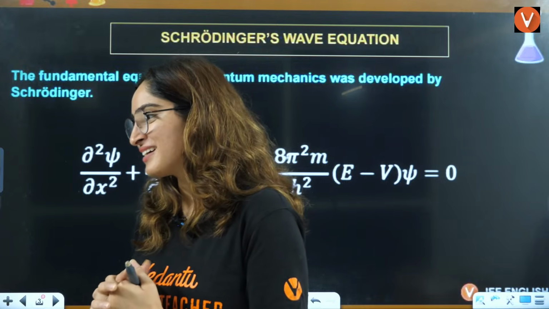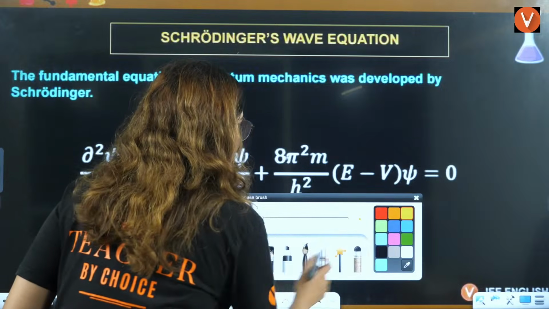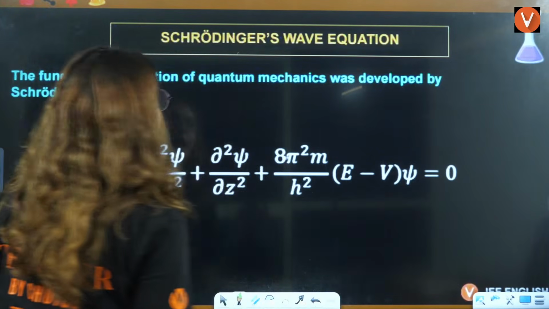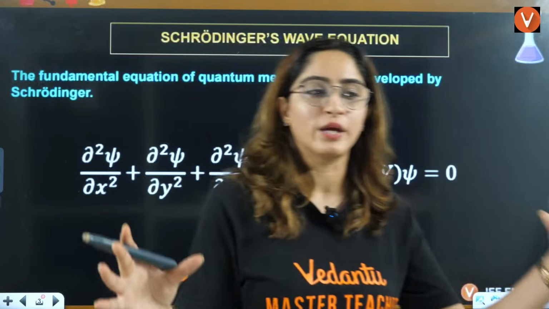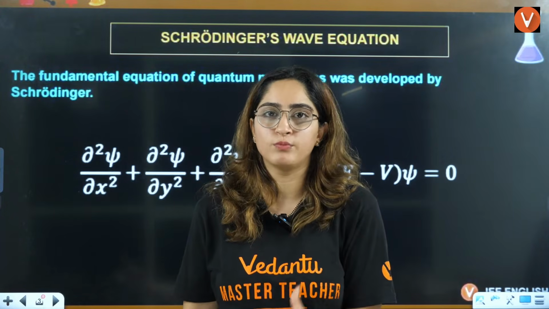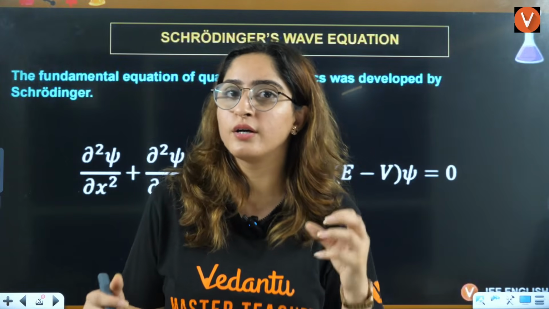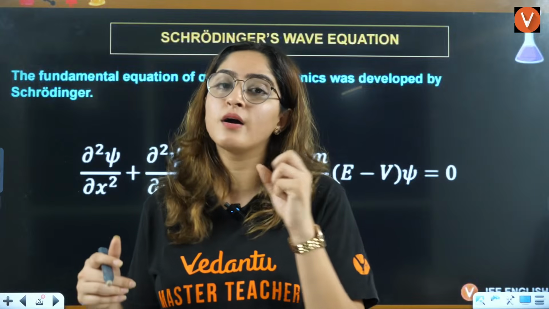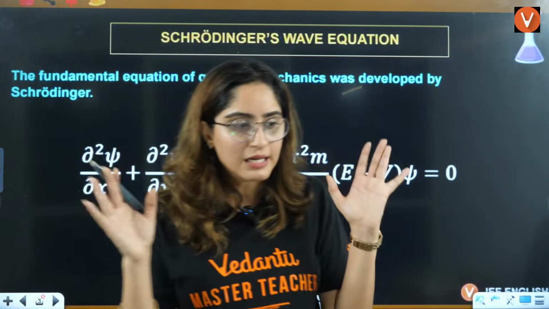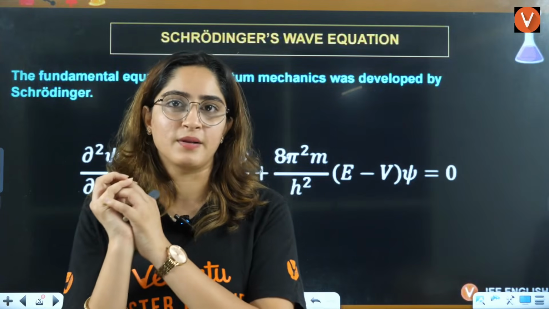Okay. So now, starting with the first thing, that is the Schrodinger wave equation. The last model was the Bohr model of an atom, right? We were discussing dual nature, and we discussed the Heisenberg uncertainty principle. Now, what was the Heisenberg uncertainty principle? He told that